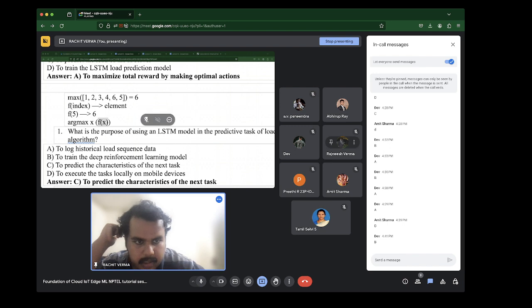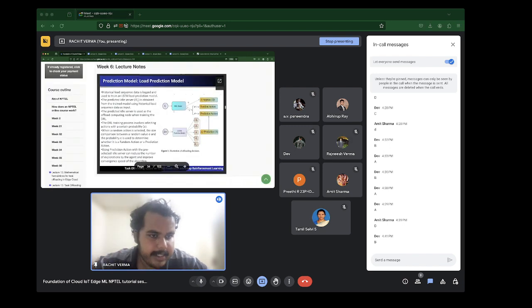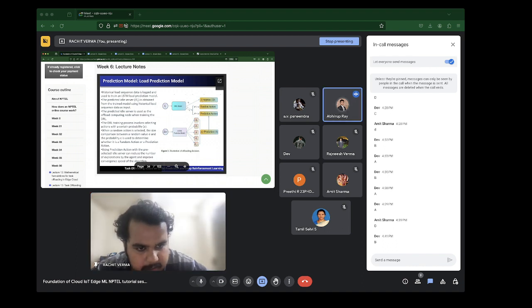If you go to the slides, if the model decides with probability epsilon that it will take the maximum, it will take the action that maximizes the utility. So it will choose the action a_t that maximizes the Q, the utility Q basically. Did you get it? Yeah, I got it. Okay, fine.